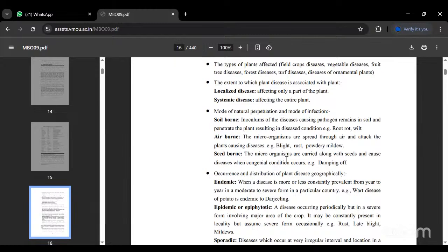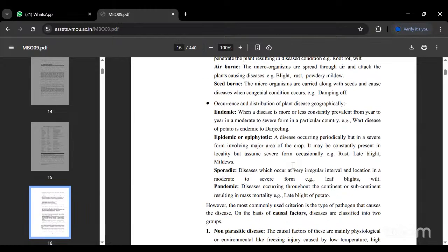Sporadic diseases are those which occur only at very irregular intervals and locations in a moderate to severe form, like leaf blight, leaf wilt diseases. Pandemic: pandemic disease is one occurring throughout the continent or subcontinent resulting in mass mortalities. That is a pandemic disease, the best example being the late blight of potato. And the next one,